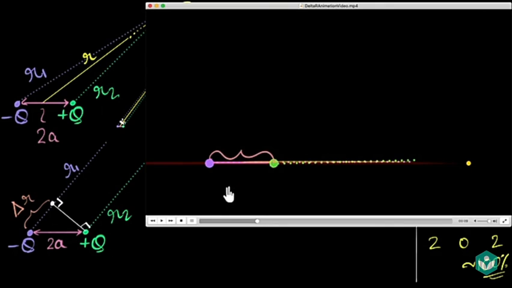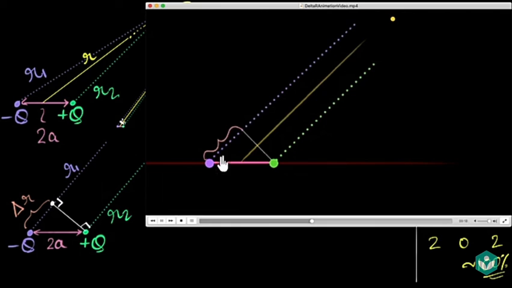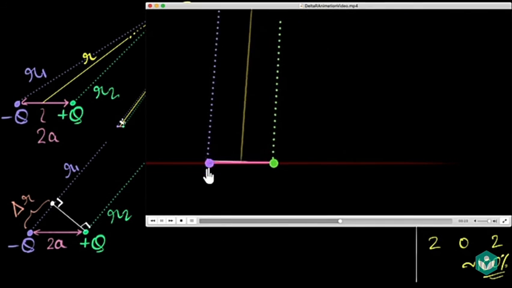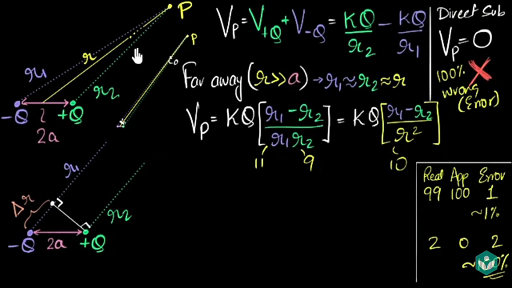Hopefully you can see that delta R, R1 minus R2, automatically becomes a maximum on this particular axis. As I come back, it becomes smaller and smaller, and finally when point P is right between the two charges, the difference becomes 0, which makes sense, right? The distances from here to P are equal, so there is no difference. Hopefully we can see that.